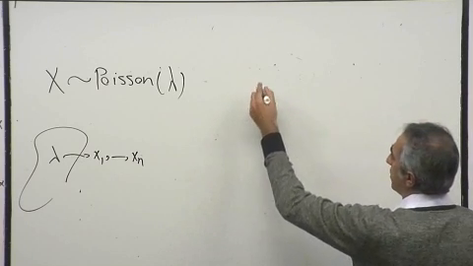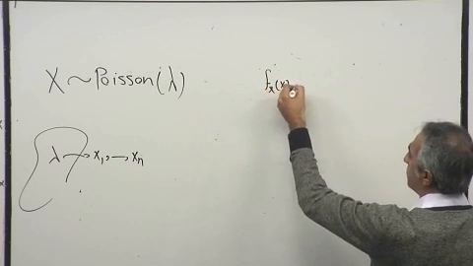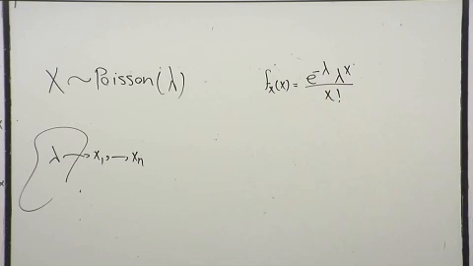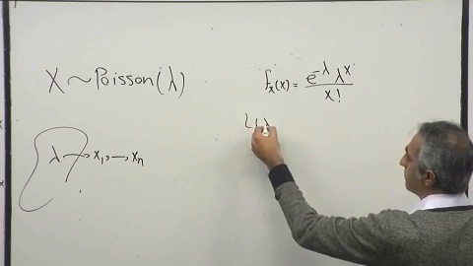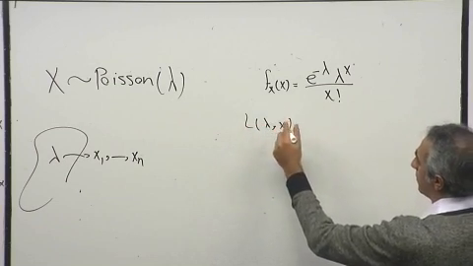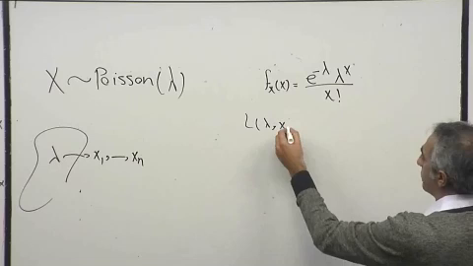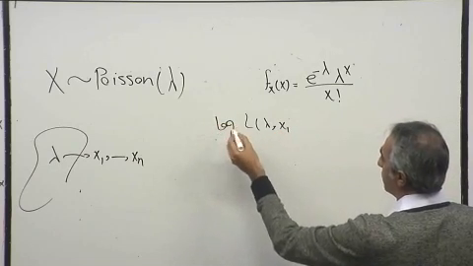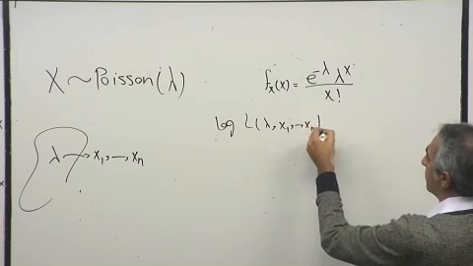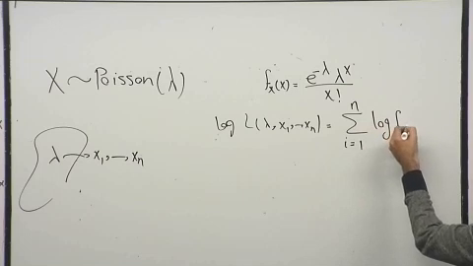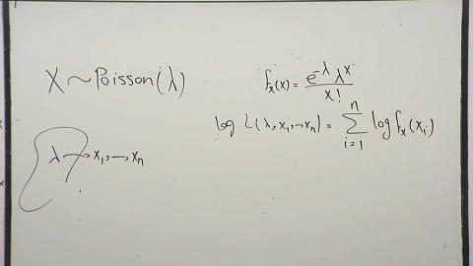So what is the PDF for Poisson distribution? That's the PDF. And what is the likelihood for a random sample? Or log likelihood, basically, would be better. It's the summation of log of your PDFs. Okay, in this case it is log